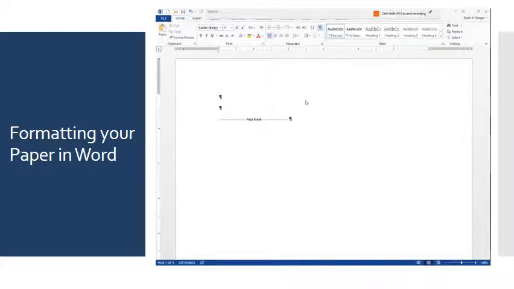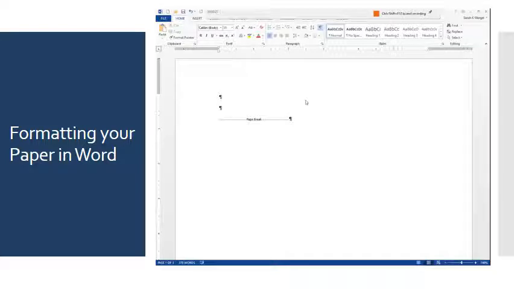Once you have created a new Microsoft Word document, there are several things you can do to ensure that you submit a properly formatted Chicago-style paper. The first thing you want to do is make sure that your font is a serif font like Times New Roman, Georgia, or Cambria. The easiest way to do this and ensure font consistency is to find the Styles area